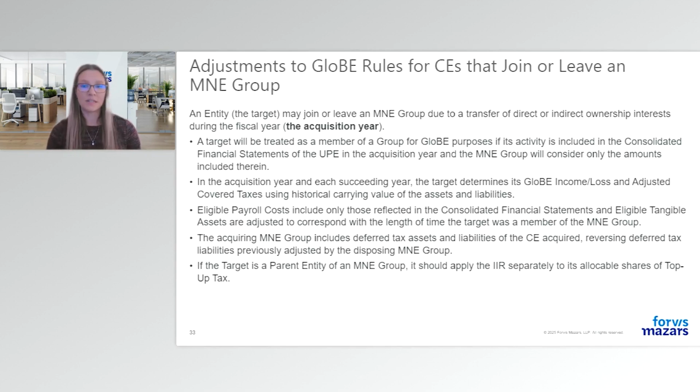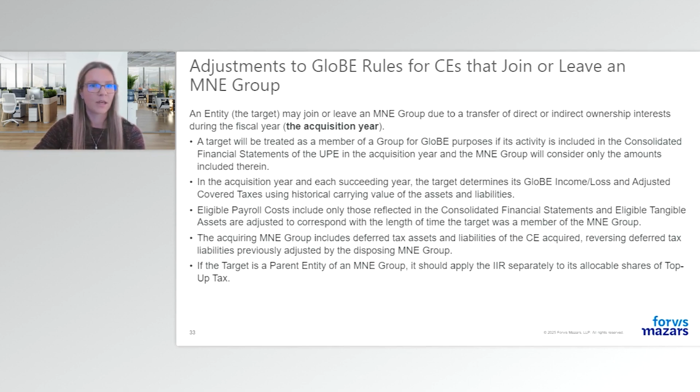So adjustments need to be made irrespective of whether this controlling interest in a constituent entity was acquired before the GLoBE rules were enacted. But practically, the commentary provides an exception if the acquisition occurred prior to December 1st of 2021, and the M&E group does not have sufficient records of that acquisition to determine the income or loss based on that unadjusted carrying value. They may use the carrying value, and special consideration should be given to deferred tax assets and liabilities of the target.